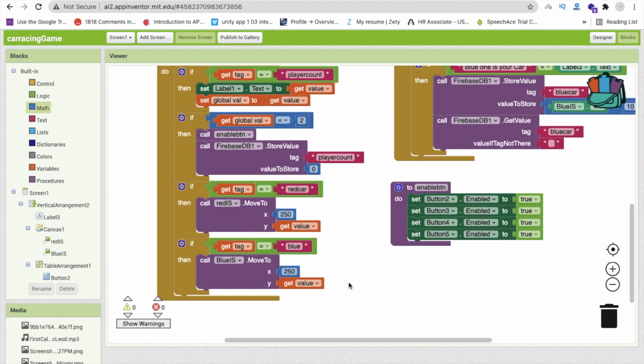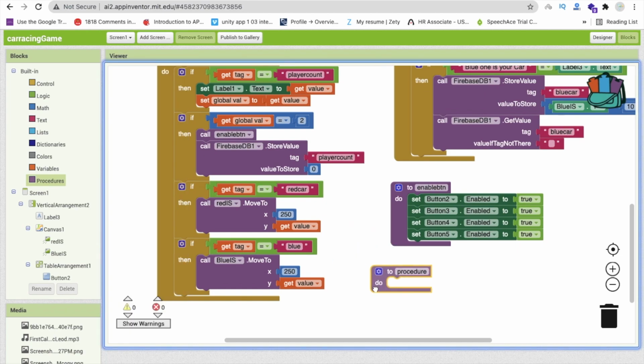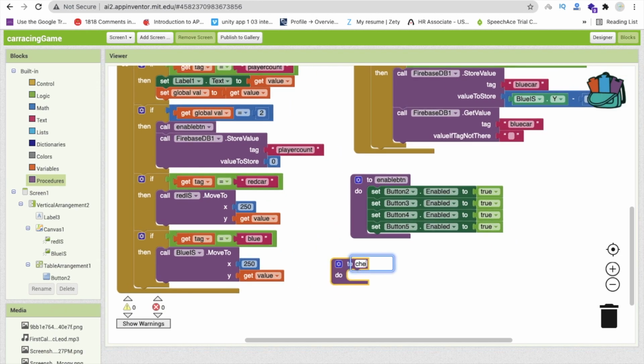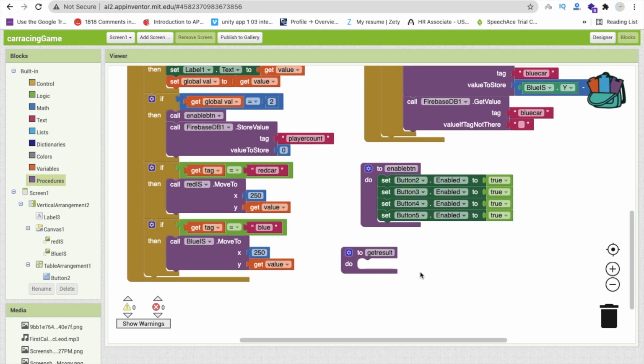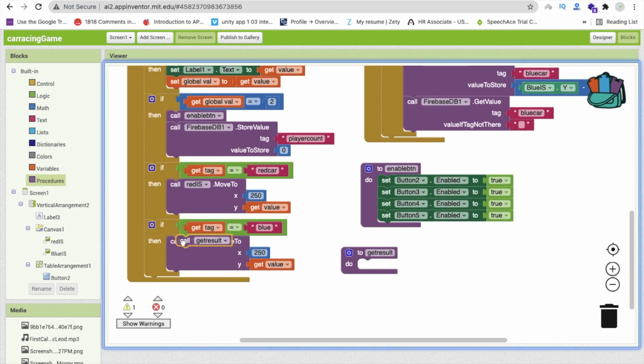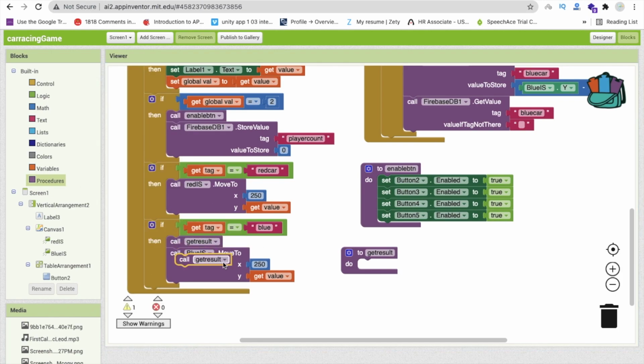Now we need to create 2 more variables, because now we have set everything. Now we have to check the result, who is the winner. So first we will create one procedure here for checking the result. The procedure name is get result. In that procedure we will call a lot of things. So we need to check that result. So whenever the car is updated, location updated, position is updated, then every time we will get that get result position, okay, and we will call it here also.